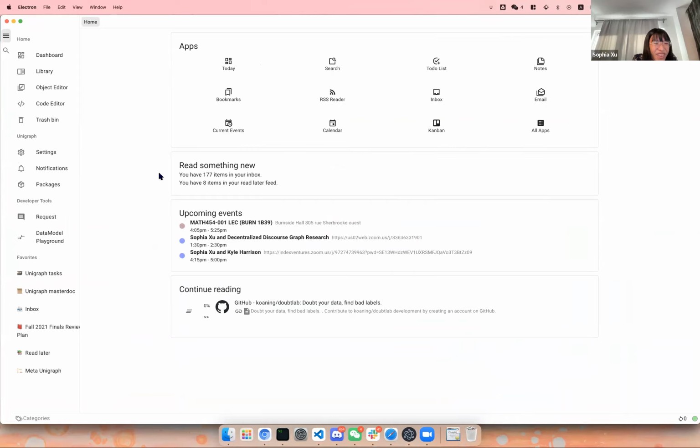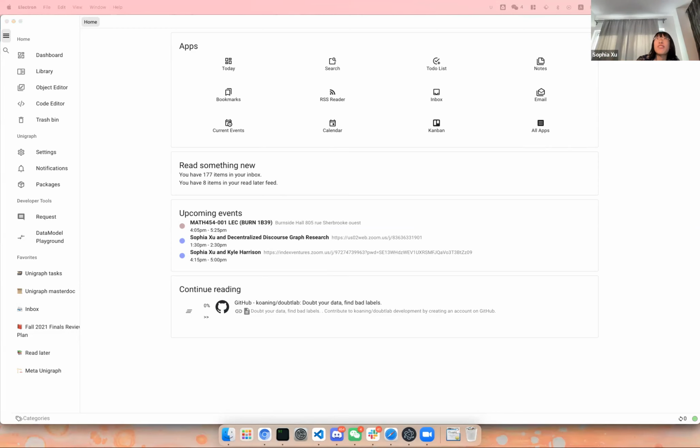So, Sophia, I have to ask, it's a slightly facetious question, but what are you not trying to do? I think that is a question as important as what you're trying to do. Because what I'm not trying to do is replace a user's entire workflow. Unigraph tries to give the user the flexibility between choosing their own apps of choice and Unigraph references, without having to adopt Unigraph all at once. It's more of a fractional process.